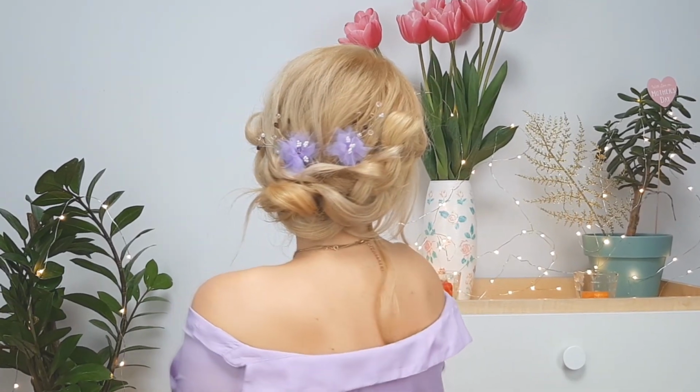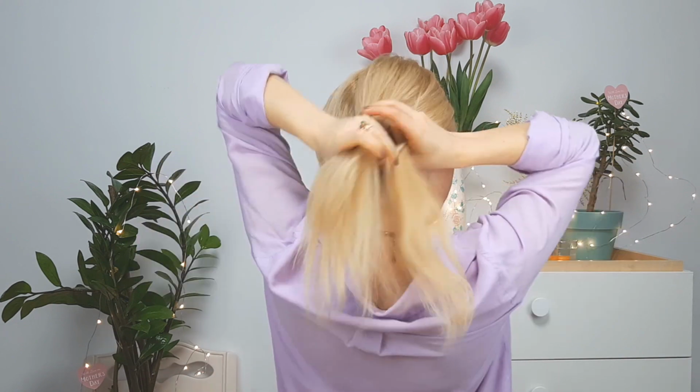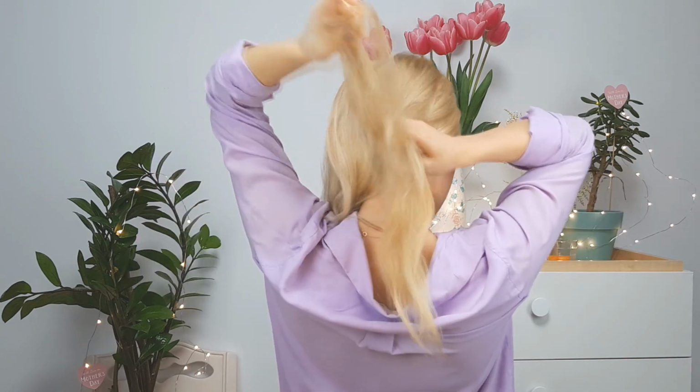Today we're gonna create a simple, effortless looking braided updo. I'm sure everyone can recreate it. So begin by making a parting on the side we like, and then you want to divide all our hair